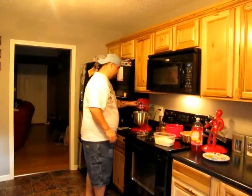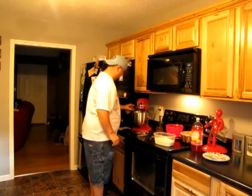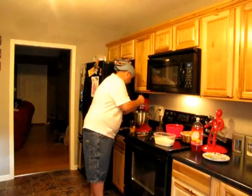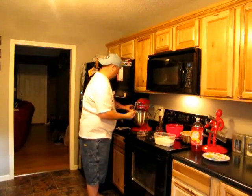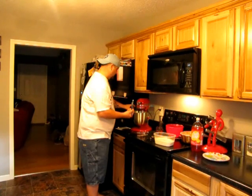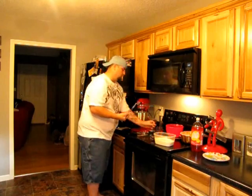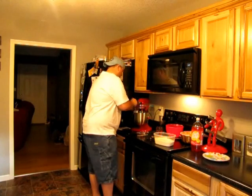Then we want to add our eggs, one at a time. I got 5 eggs here. Push anything down that gets on the sides. Push everything down, get it nice and...